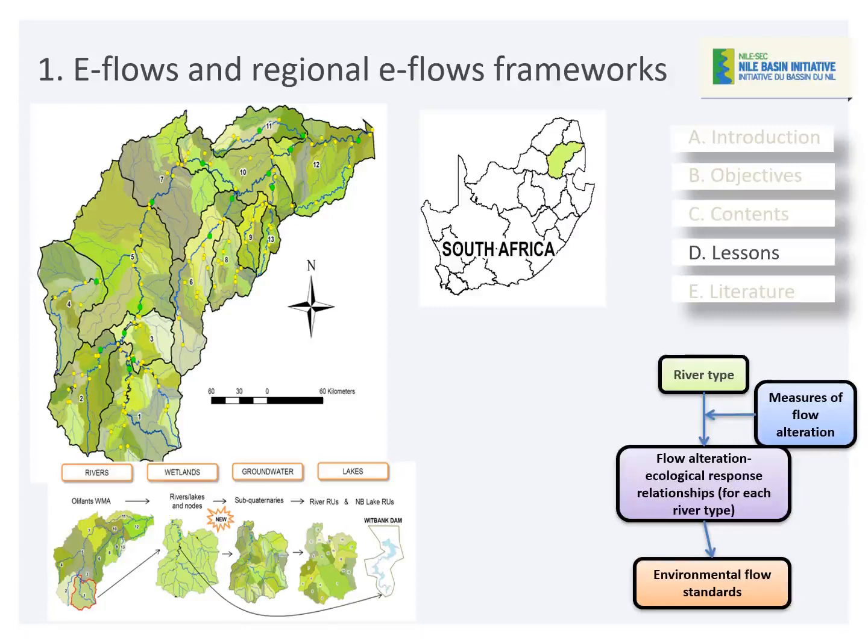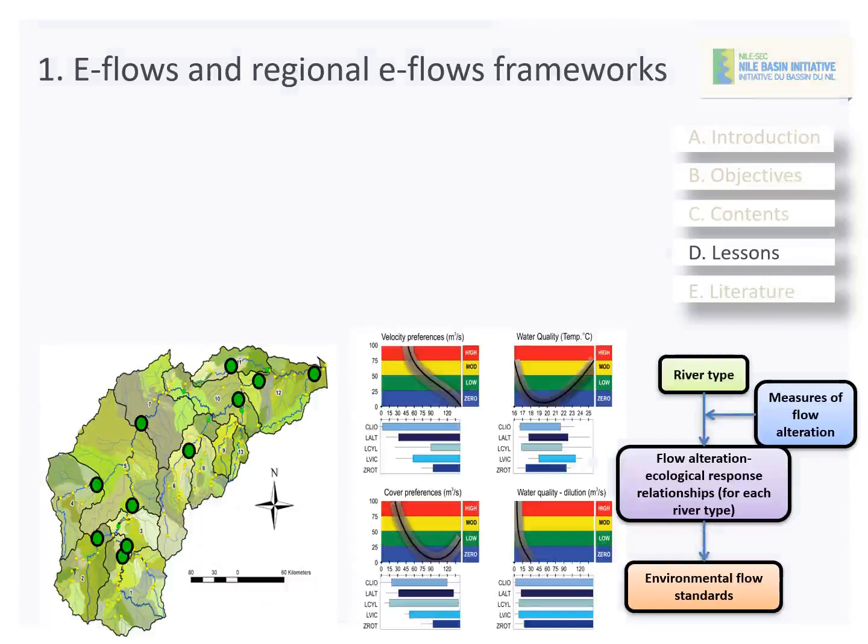So what we did have for the nodes where some data was available was relationships between ecosystems and flows and non-flow variables. Consider water quality, for example, temperature and dilution requirements for some toxicants, for example, and habitat preferences and velocity preferences of different indicator species. So we had some understanding of this flow alteration ecological response relationship for these different parts of the catchment, and the variability of the relationships between the ecosystem and flows, and that would represent the resilience of different types of